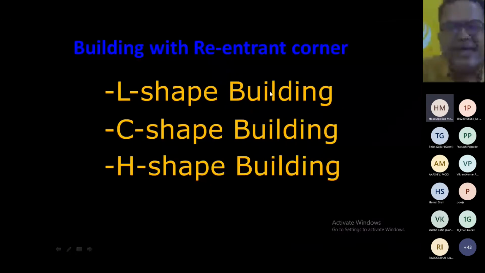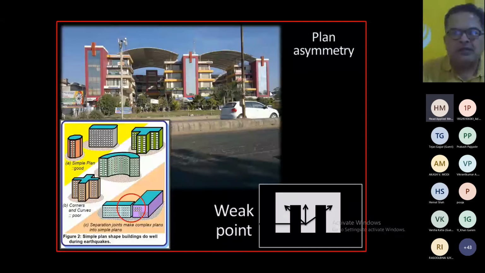Then the other irregularities we have, that is an L-shaped building, C-shaped building, or S-shaped building. We are saying that such kinds of buildings are not performing well. Now what is the reason behind it? The reason is that this may not be symmetrical about a point, and because of the irregularity in the shape, a certain portion of your structure will get higher stress. We'll see that. So first of all, we'll see actually which type of structures we are talking about. This is the double C type, right? Or you can say E type building you have,